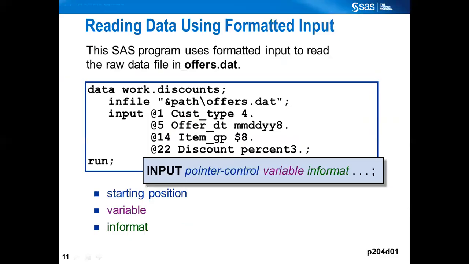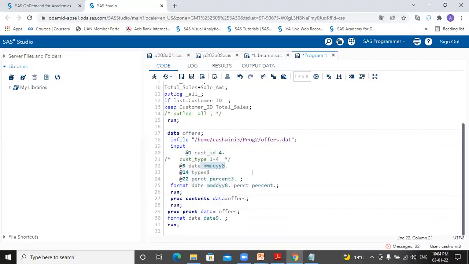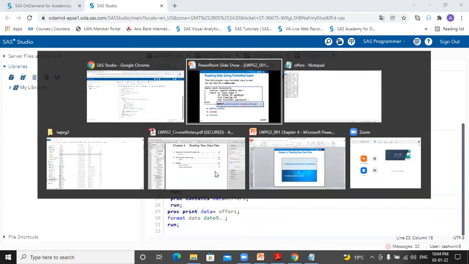Whereas at the 14th column, the column which has to be created in your data set is item group. It should be read as $8 dot. So here let us do the same thing. It's $8 dot. That's telling us dollar means character type, and it should read 8 characters from your raw file.